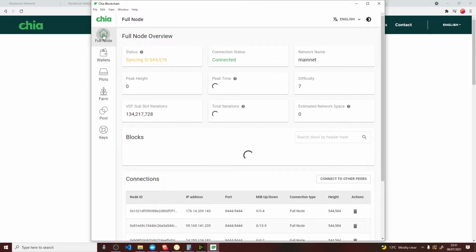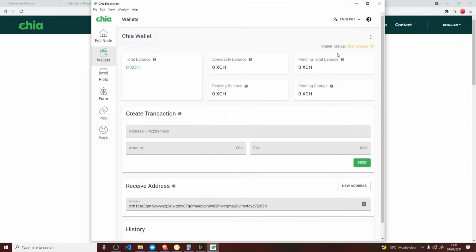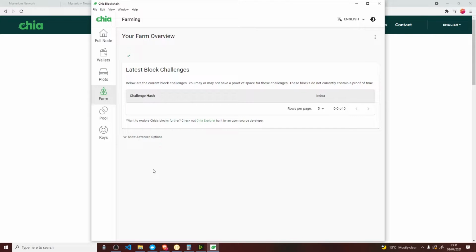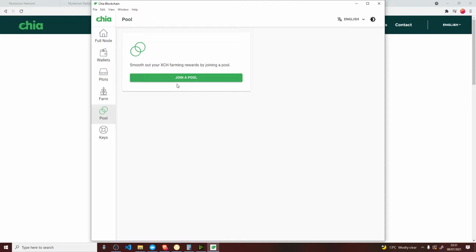But this is it basically installed. You've got your full node overview. Got your wallet, that's not synced yet. Got plots, of which I don't have any. Farms, pool info.